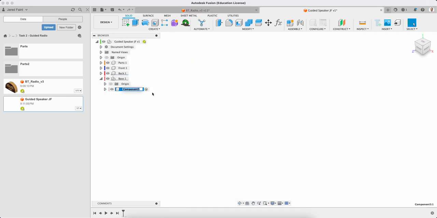And it renames. We can always rename these as we go as well. And again, I did the same thing. Let's drop him back to the top level. So now I've got those four or five bits there. I'm going to now activate my parts so that I can start adding, and you'll see our components as we